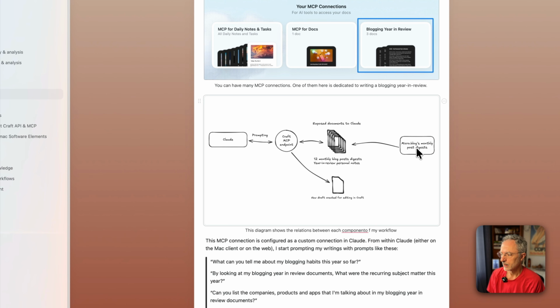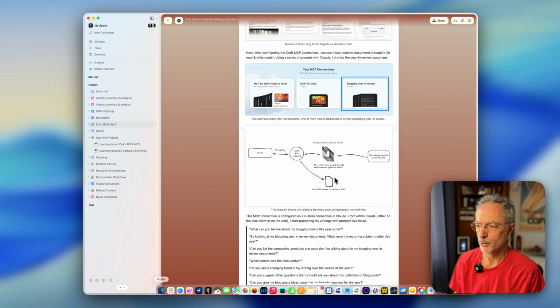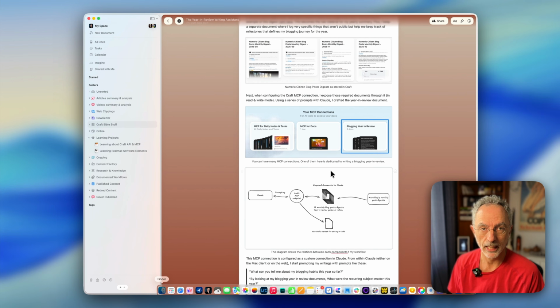As you can see here on the right, the microblogs multi-post digests are saved into the Craft space, and from there, those documents are exposed through the Craft MCP endpoint and then prompted using Claude to ask questions against that content. Eventually, I can ask Claude to write a draft of this year in review document and then create a new document in this exposed MCP connection in Craft. So overall, this is the process that I put together to better write year in review documents each year.